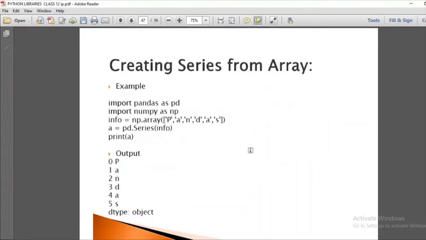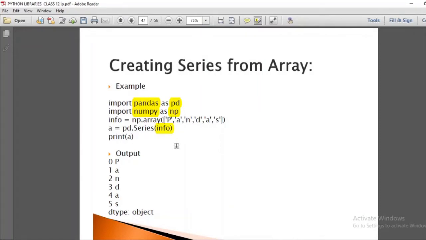Next is creating a series from an array. This is the code you can use: you first import pandas, then you import NumPy as pd and np. For creating an array, you use NumPy, that is np.array, and store that in info. Then you create pd.Series and pass the info, that is the data.